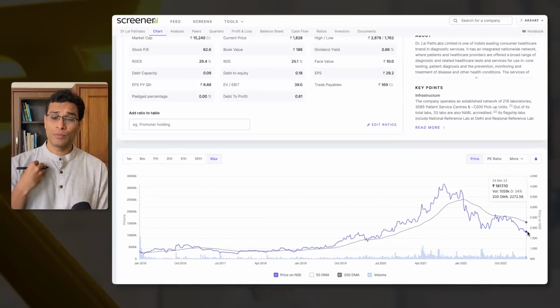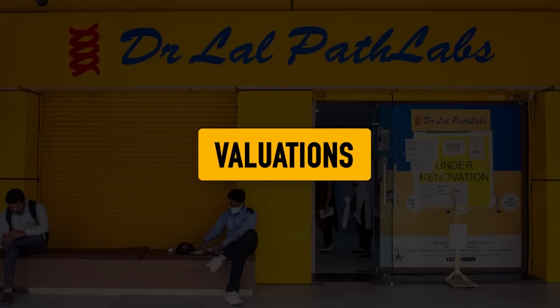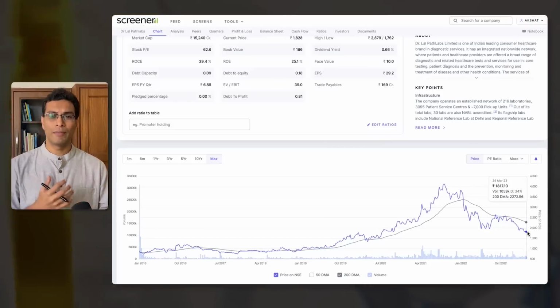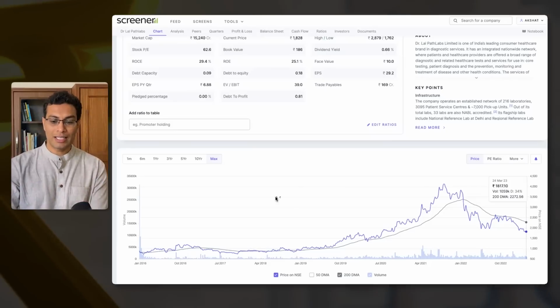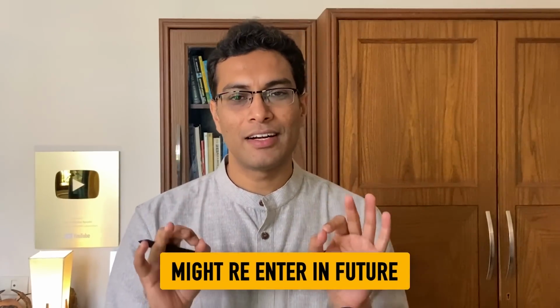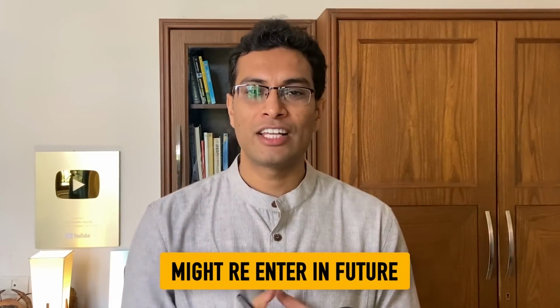Well, according to me, valuation was a problem. That during COVID times, Lal Path Lab showed a lot of growth. People were over betting on that stock. And now the stock has come down to sensible levels in my opinion. So this is a stock that I will 100% re-enter. So then you might have a natural question, अच्छा इस stock में growth कब आएगी? So I feel that there are two ways in which this company will grow.